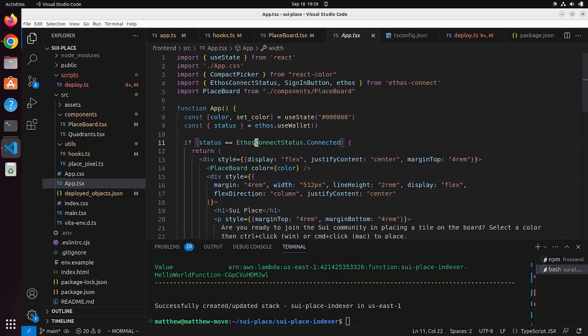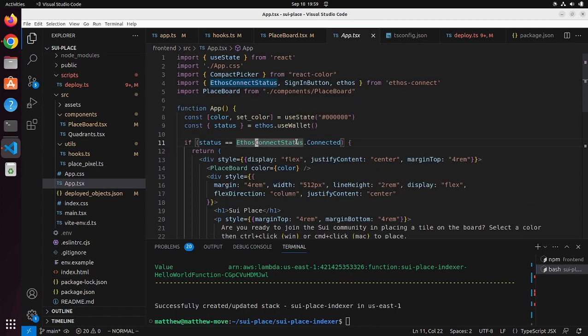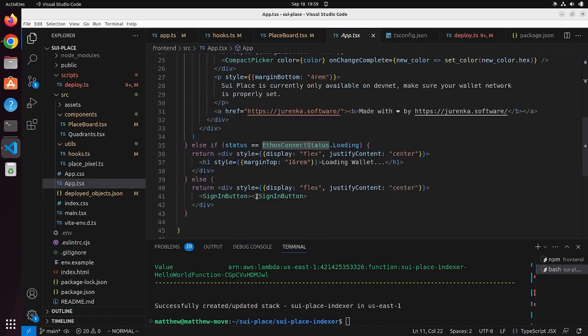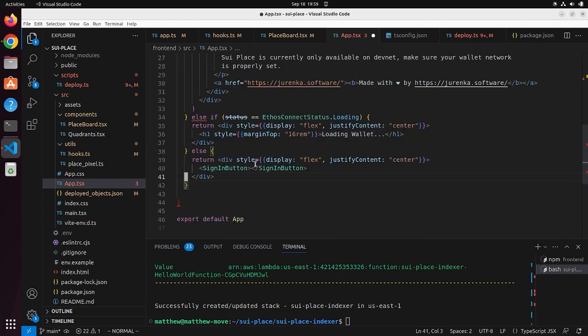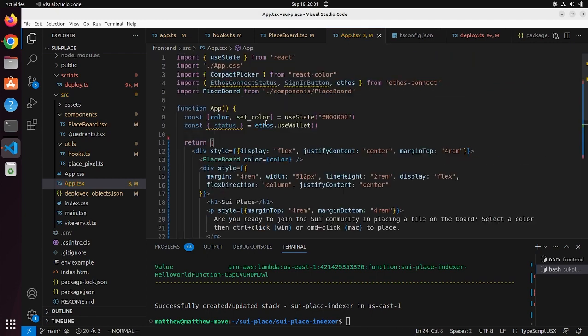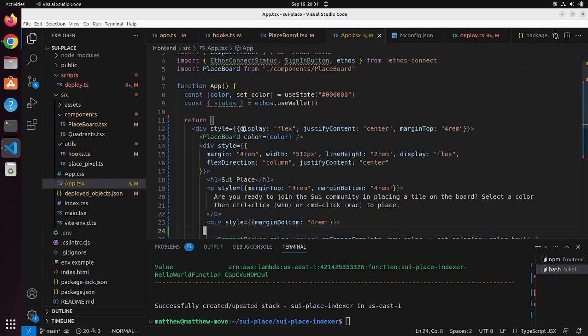Now it actually doesn't matter what status we are. We don't need to say loading wallet or sign in button if you're not signed in. What we can do is get rid of all this. And so now that we have that removed, in the case that the user does not have a wallet signed in,